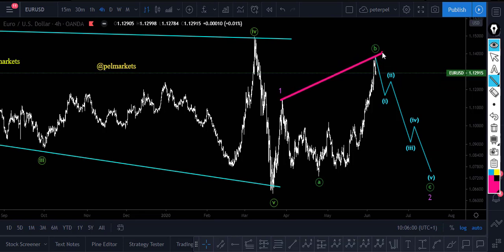a big expanding flat before we will resume. So we are anticipating a 5-wave move down to complete green wave C of purple wave 2. And when you are planning on trading Euro USD this week, on Wednesday there is a lot of